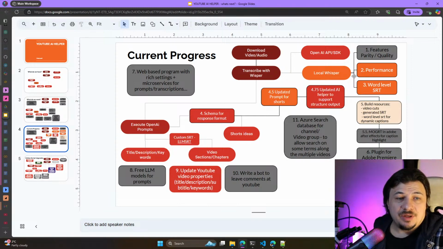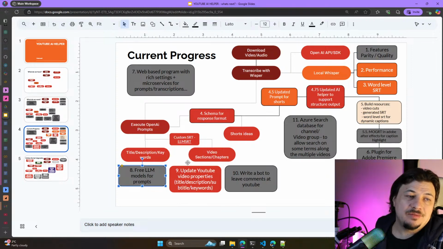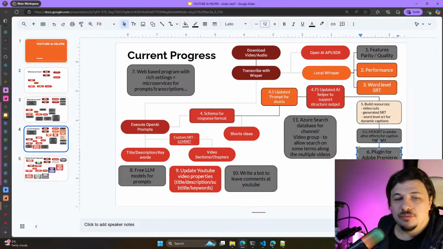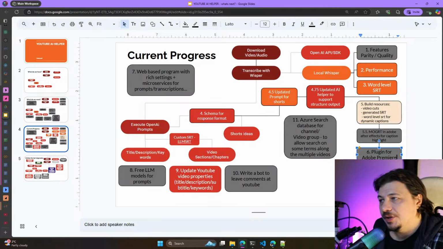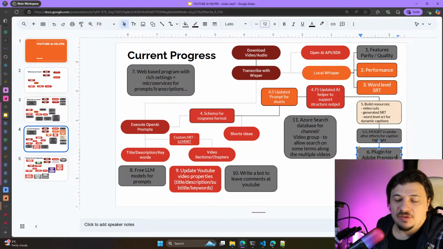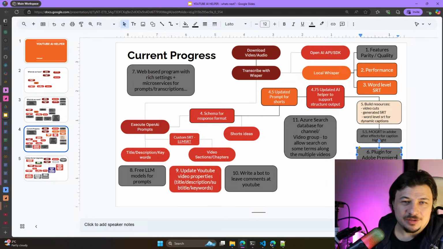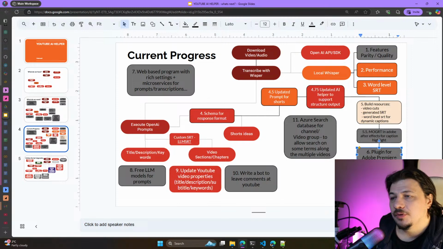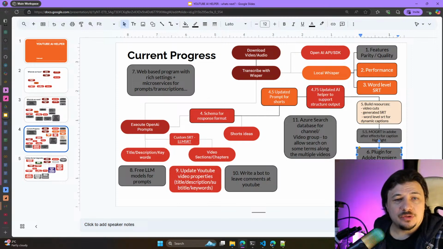So, but we will look into something for free versions of models, both LLM and Whisper, and then we will work with this plugin for Adobe Premiere, which will help create shorts based on ideas, or just shorter videos, not always shorts as is.